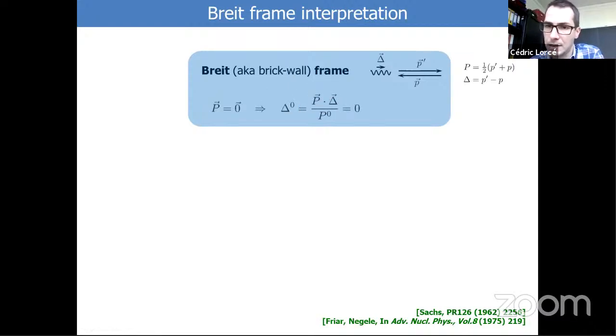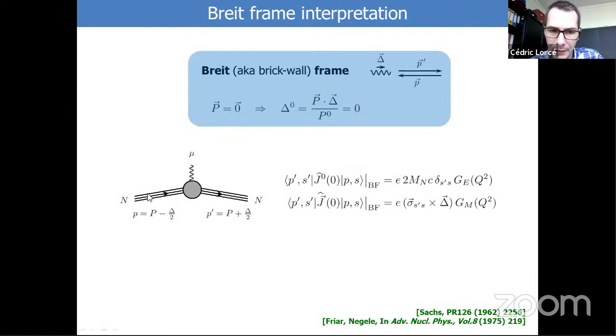This is really nice. It's really working in the center of mass of the electron-nucleon system. So if you have no energy that is transferred to the system, you're not exciting it, you are indeed doing an actual elastic scattering, and that's probably the best way to give an interpretation in terms of charge distribution.